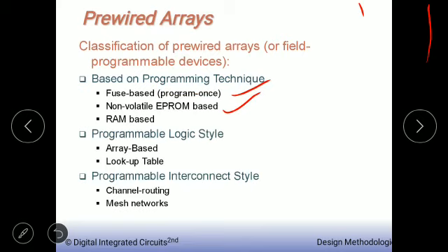That is the meaning of non-volatile: a memory that retains its value even when the power supply is turned off. Examples include E2PROM, that is electrically erasable programmable read-only memory, or flash memories such as our pen drive. A pen drive is a very good example of flash memory. Once programmed, the logic remains functional and fixed until a new programming is done.